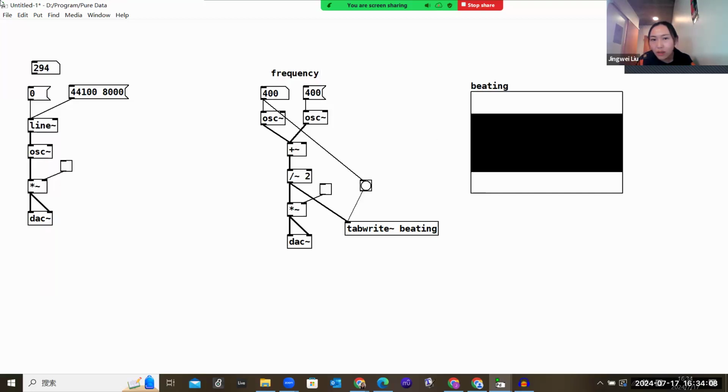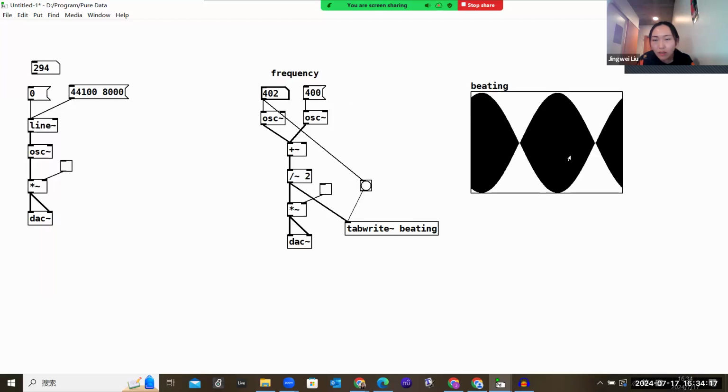So you can see now this is just some pure tone. Now let me increase this. Right? So this is beating. If it's 4.1 or 401,